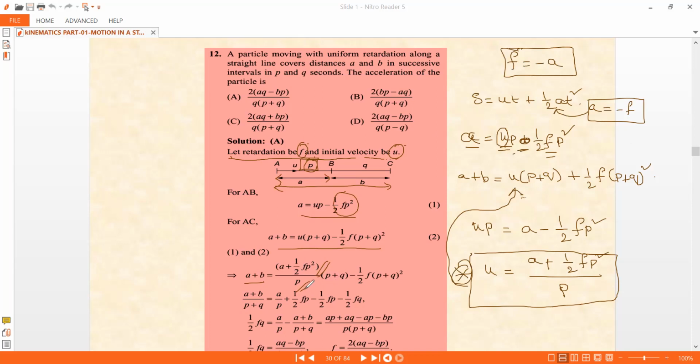And after the substitution, afterwards we will find A plus B divided by P plus Q. After that, you can take P plus Q as common and send it to this side, A plus B by P plus Q. So we got A plus B like this. Anyway, I will do the workout for you. So this is A plus P square by 2.